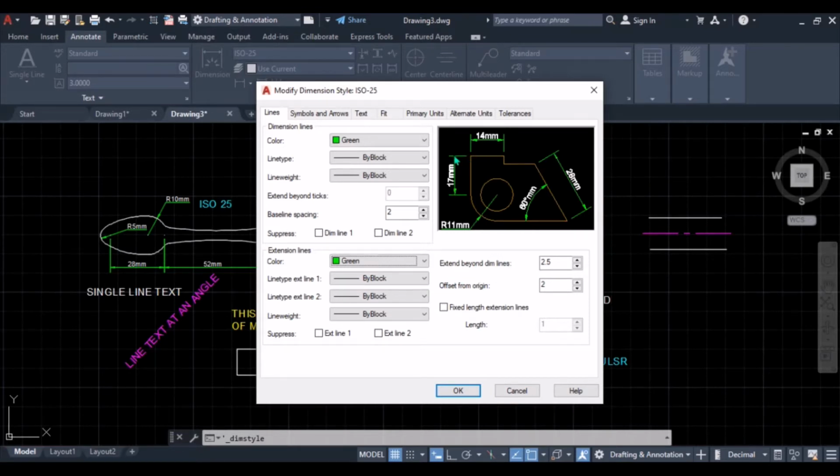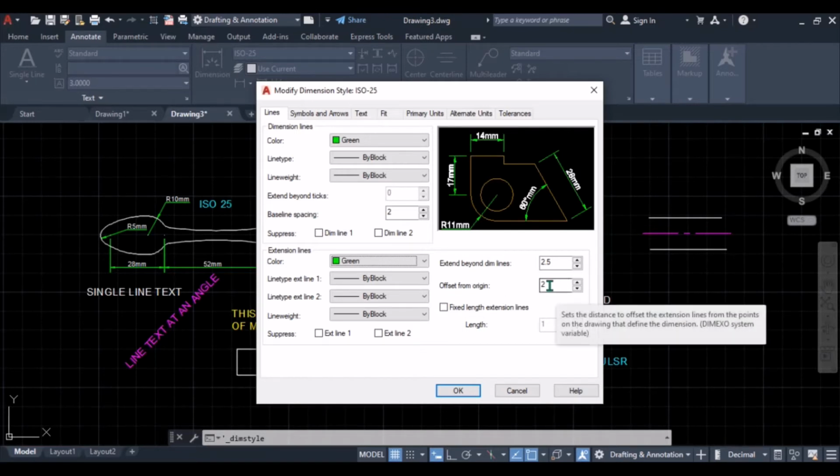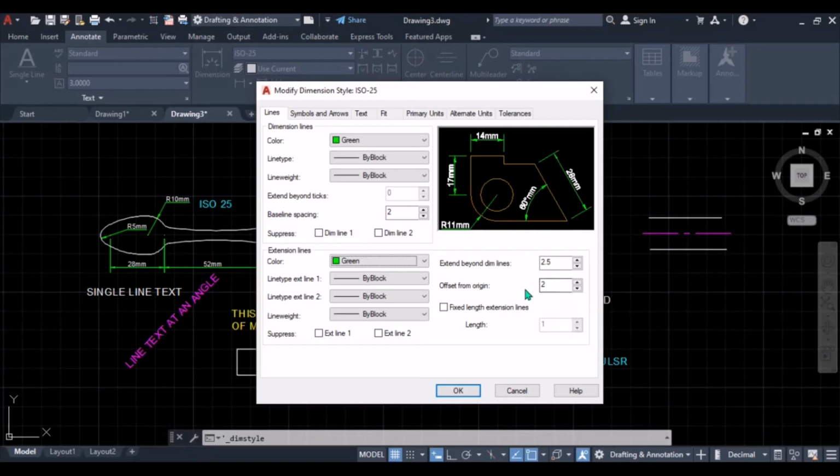This extension line can extend beyond the dimension line. So you can put it to be the same as text height, that's 2.5. Then offset from origin. Offset of this extension line from the object outline. You see this space here? You can put it 2 or less than 2.5, less than the text height.